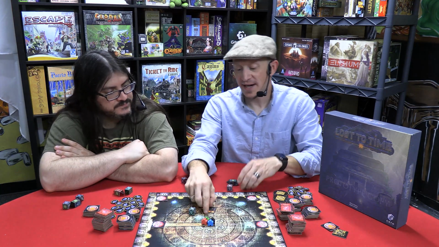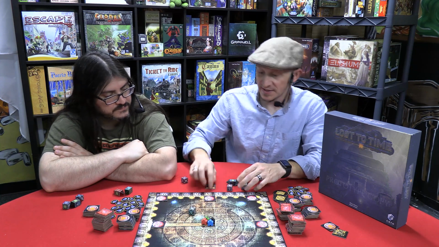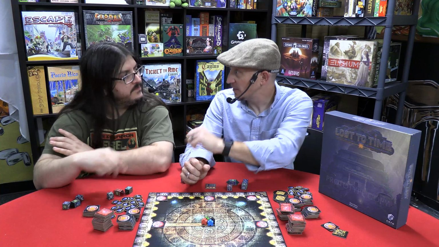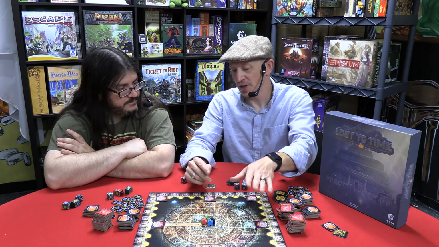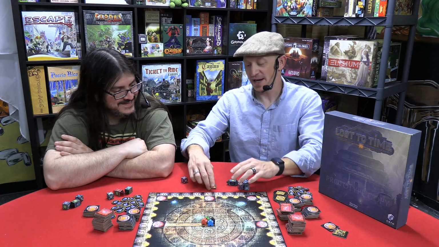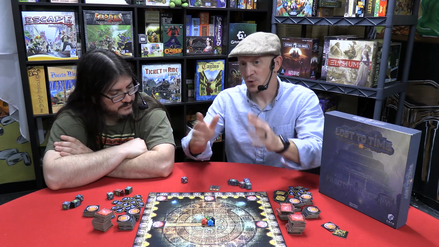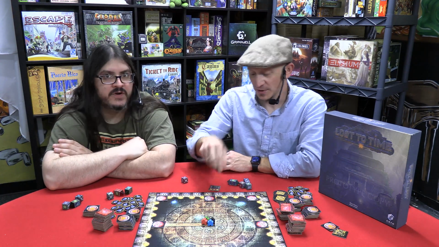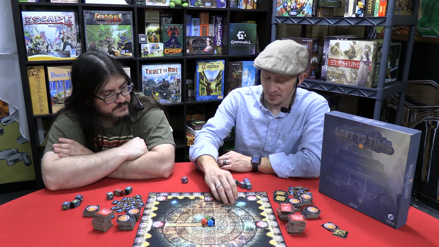So if you draw this tile, you are basically stuck on the board and cannot move. Nobody can move you, and you cannot move. I guess technically you could get moved if a dead block falls on you. You will slide over, but you're still in a time trap. And if you end a round in a time trap, you begin the round in a time trap. Very important. So you are stuck in this trap until you